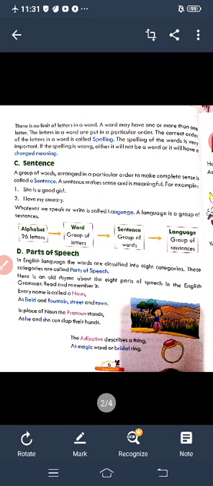She is a good girl. Here the quality of the girl is given. Let us see another example: I love my country. So here we arrange the words to make a sentence and it becomes meaningful. So whatever we speak or write is called language.